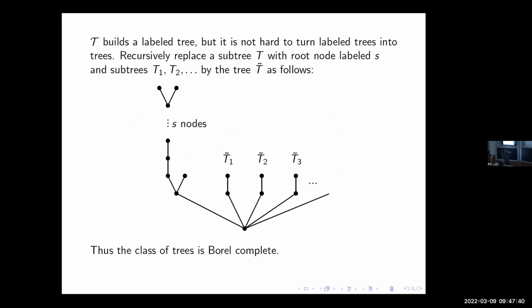And then we need to do something that says we have the label. So we're going to go on the left and we're going to split. That split lets us recognize that that one is the left one, as opposed to all the other ones. And then we're going to go up S times, so we count that, and then we have another split to say we're done. We're doing the same thing as when we coded sets, to put those labels into the tree as things we can recognize. So I want to think of labeled trees and trees as really the same thing. So I might say tree, and really I mean labeled tree from now on.